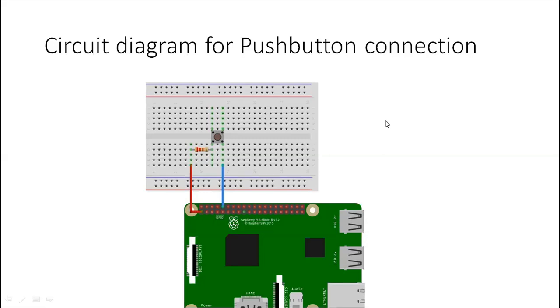Last class we saw the LED program. Now we'll look into the push button connection. A push button is a small input device. You can use the push button to read an input request from the user. It is used for giving some simple input, and based on that input, you can make a particular work process happen.